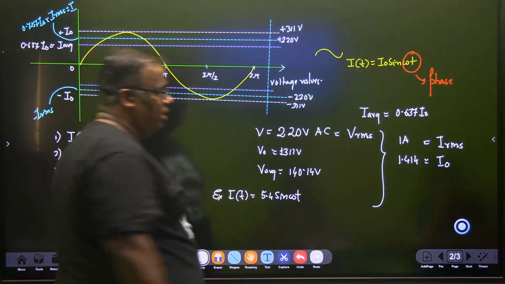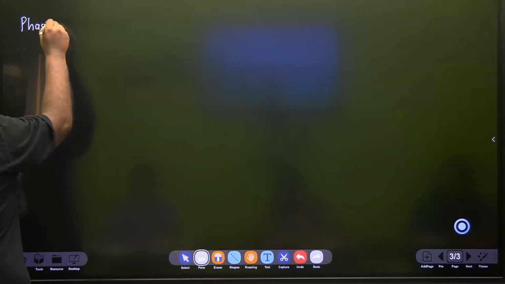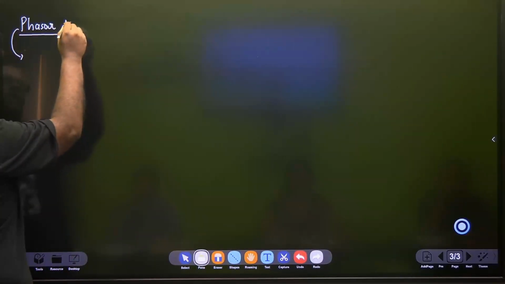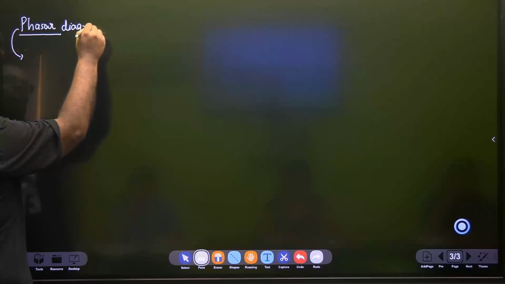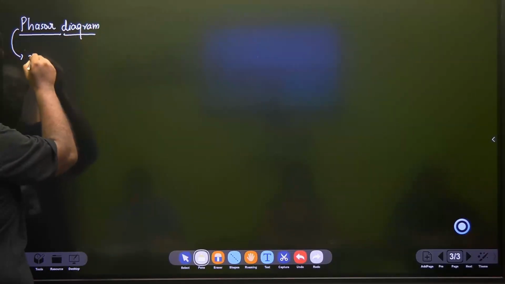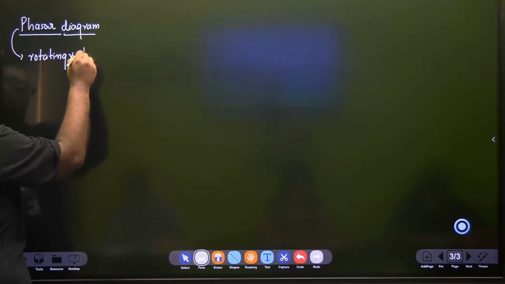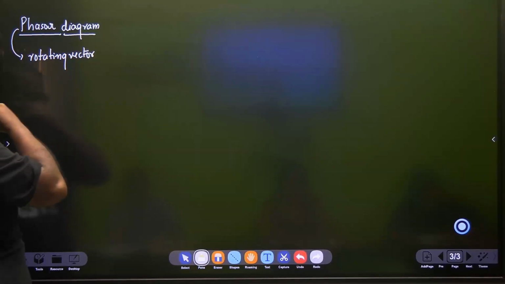Okay? Chaliye. Our next concept for the day is to understand a concept called phasor. If you understand this much, then all RLC circuit will be clear for you. Phasors. Now, neither voltage nor current are vectors, but what we draw is a phasor diagram. A phasor diagram is the diagram of a rotating vector, and for this chapter we